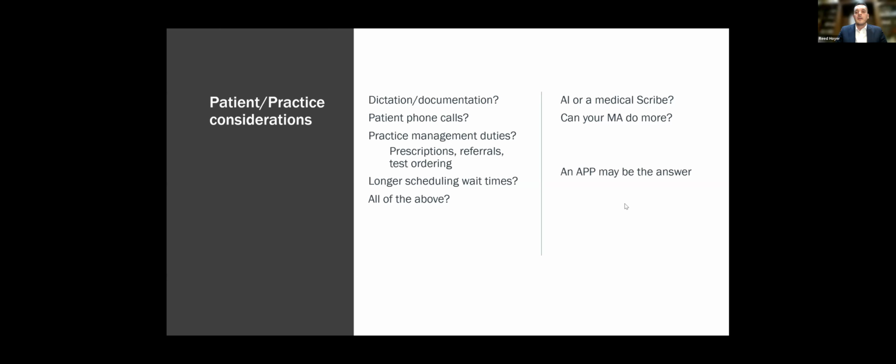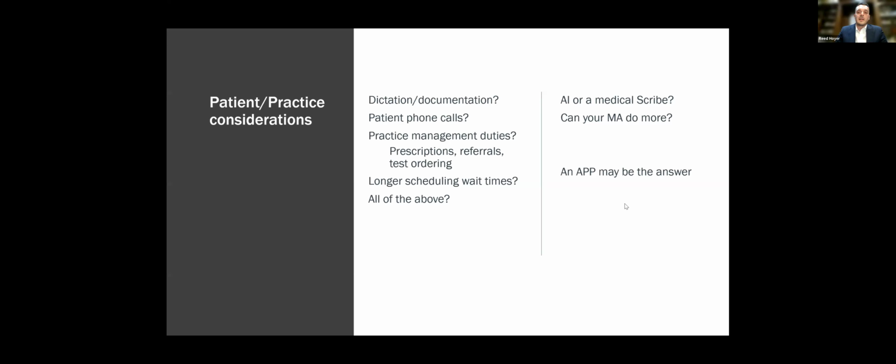If you're having trouble keeping up with patient phone calls, returning calls when they call, providing pain scripts after surgery, or providing imaging or testing results, et cetera, potentially it's asking your MA to do more for you and cover some of those phone calls and giving results. Or maybe it's a combination of all these factors, with longer scheduling wait times to get new patients in. And also maybe you could use some help in the operating room. In that situation, it is likely that an APP is going to be your best solution.